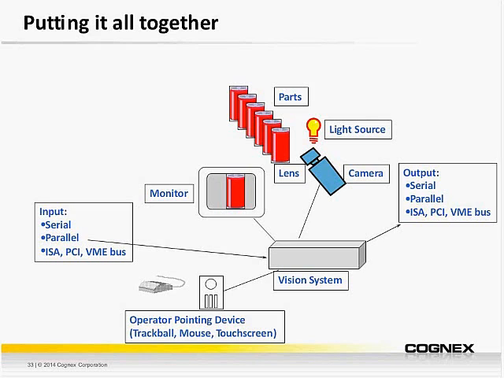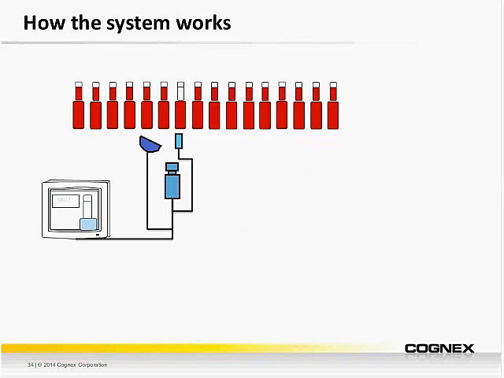This hardware works together with a processor to capture, digitize, and display images for analysis that it will use to generate answers, such as whether a part is defective. Finally, the resulting data is communicated to the outside world in a useful manner, typically using standard factory automation protocols. So to illustrate the sequence of events that occurs during the operation of a typical machine vision system, let's look